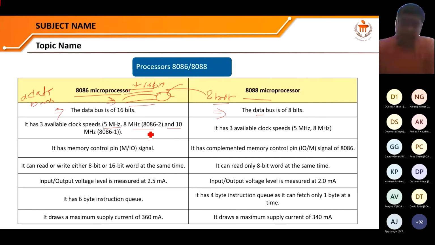So here we can see it can also have 10 megahertz, and we have seen that if we have more megahertz, more clock cycles in a certain amount of time, it means we can say it is faster than the other systems. It uses the complicated memory control pin. It means its configuration and architecture is more complicated rather than the